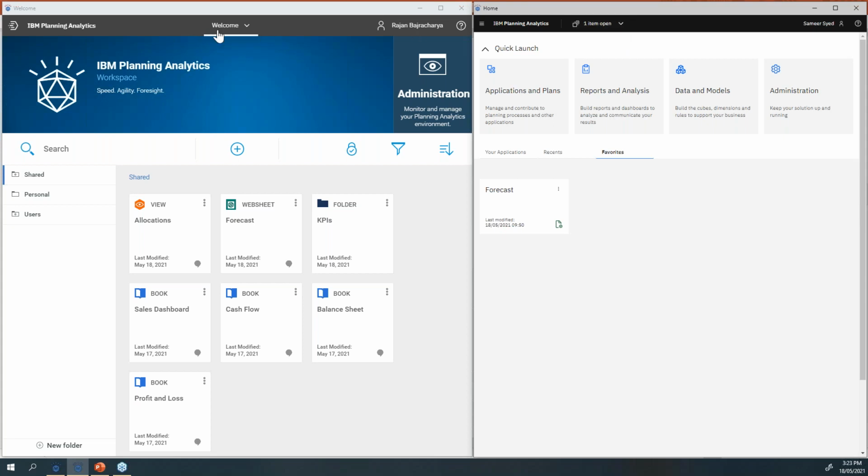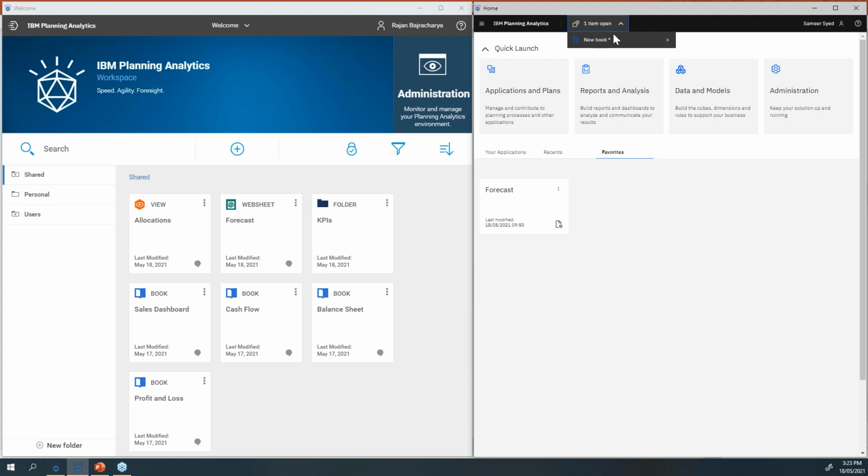Whereas with the old version, it was a bit hard, I think. You will not know whether you have any more reports sitting in this drop down. As you can see, there is a report called new book, but I am not able to know until I click on this. Whereas with the new version, the switcher will tell you that there is one open item, by which I can easily go and close, or I can go and open that report.